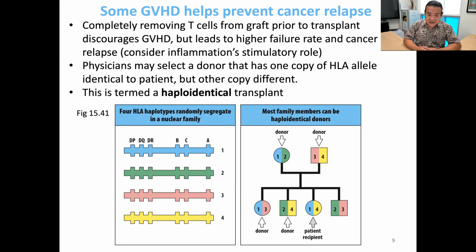But the interesting thing is sometimes a little bit of graft versus host disease can be useful. Useful if you're dealing with something like cancer. So, in cancer, when a tumor, let's say, is successfully removed via surgery, maybe with a combination of chemotherapy, radiation therapy, there's always the fear that there's going to be some cancer cells left over, right? And those cancer cells then, over time, can be the start of forming new tumors and a new relapse of